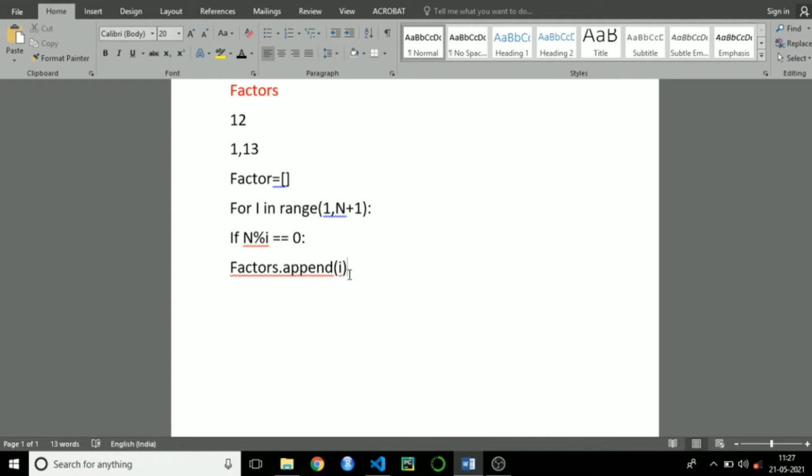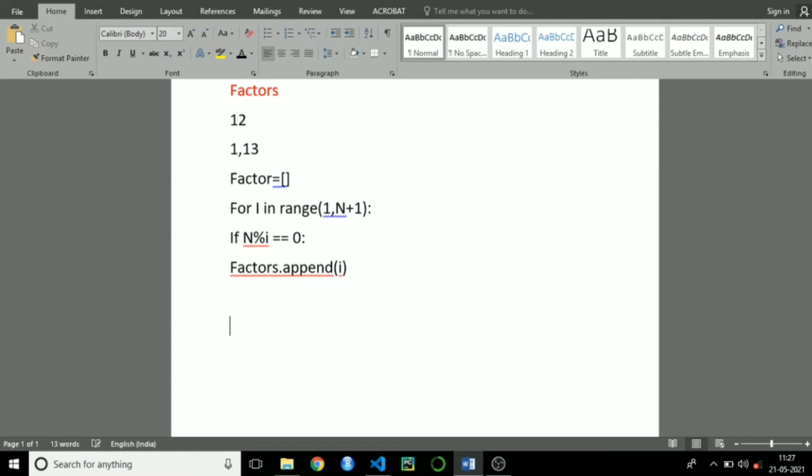This method is going to work fine if the n value is very small. If n lies between 1 to 100, then this code is going to work fine.